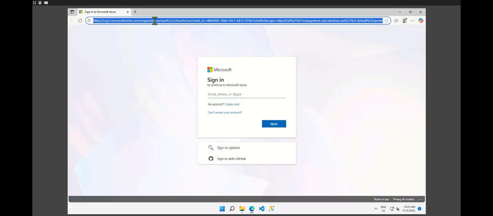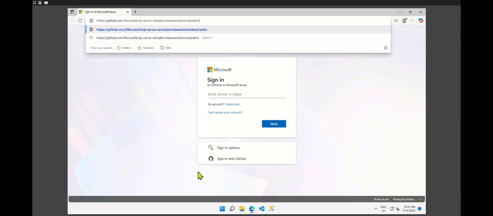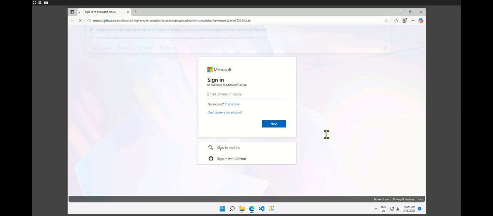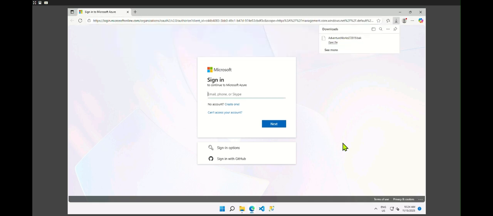Before we proceed, we have to make sure that Visual Studio Code is updated and you have downloaded the 2019 version of the Adventure Works file. So let's